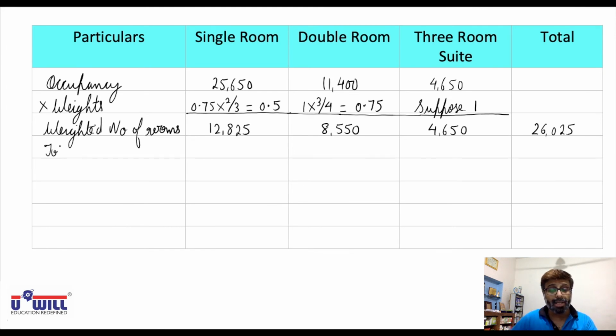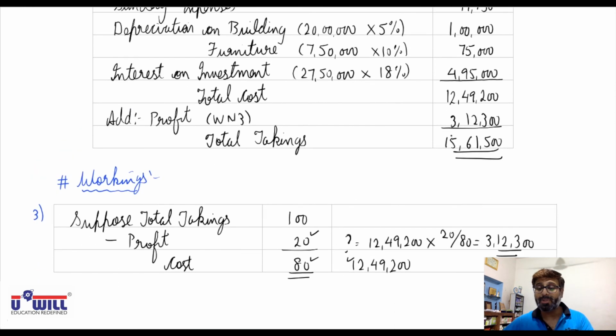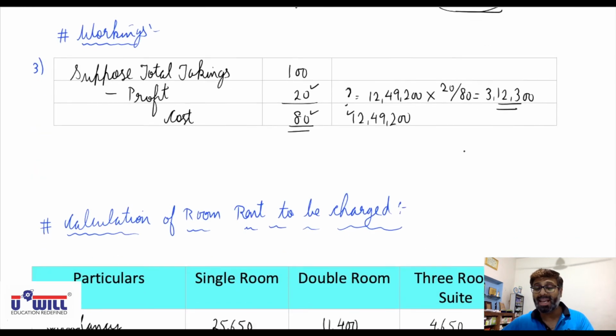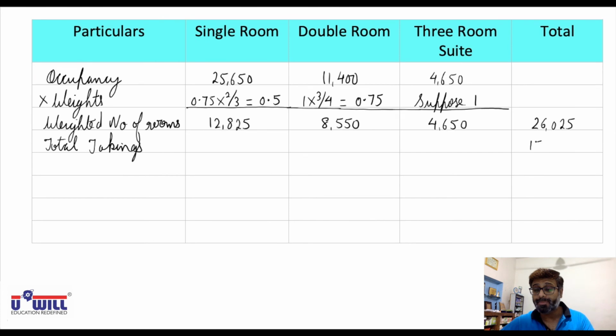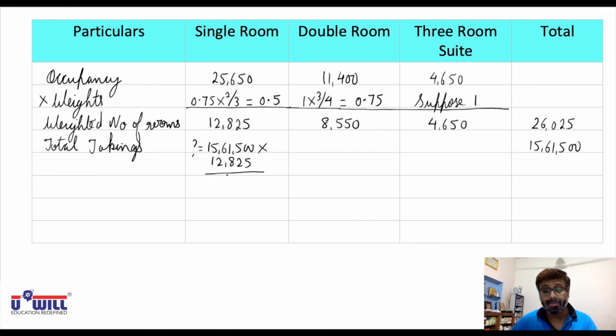What are the total takings we are going to recover from all the rooms? Total takings we are going to recover from all the rooms is 15,61,500. So how much should we recover from single room? 15,61,500 multiplied by 12825 divided by 26025. So that comes equals to,